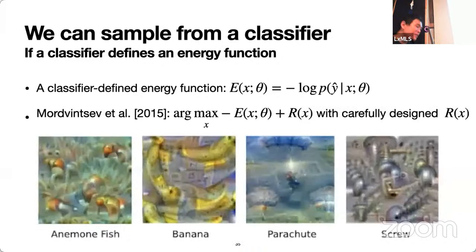But I think one of the reasons why it didn't look right was identified by the team from Google back then in 2015 as the fact that this energy function is not really constrained enough. So what they did was to design a regularizer, R of X, really carefully, so as to impose some of the knowledge about the domain that we know, and in this particular case, it's images. And then they wrote a blog post, and it was amazingly better in terms of what we were actually getting out. And it kind of made sense. If you look at the bananas, you do see bananas there. And if you look at the screws, you do see tons of screws.